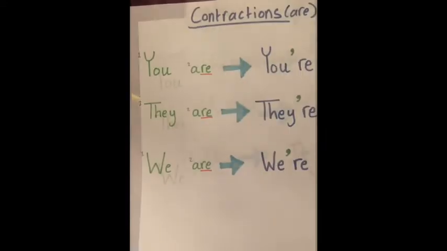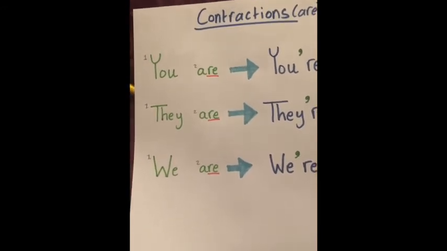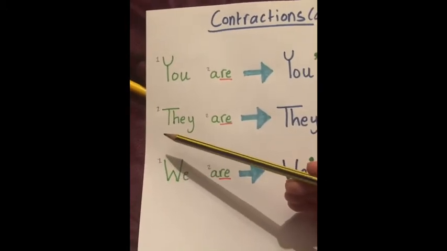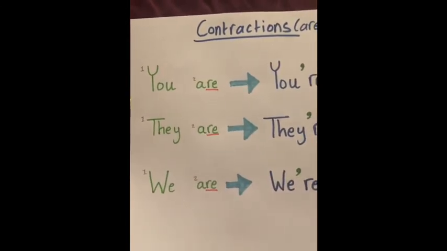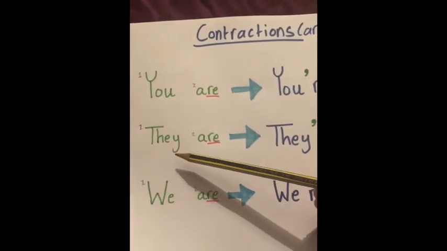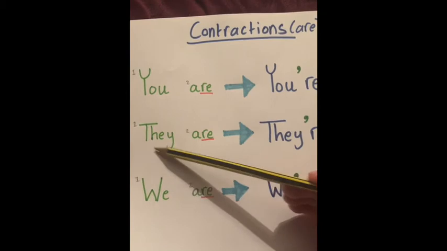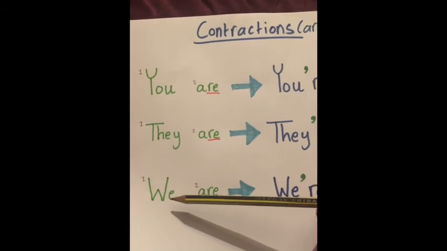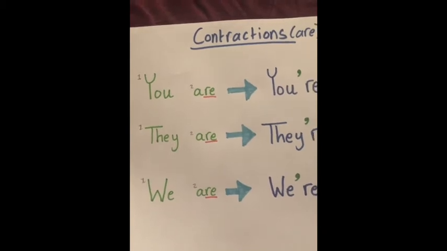Okay? Now we use are as a linking verb when we are talking about more than one person. Okay? For example, the boys are. The boys are. Or if somebody is talking about these boys, what does he or she say? They. Okay? So we use they. They are. Okay? They, because they means more than one person, right? We use with it are. And we. Do you remember why we use we? If you are, for example, in a group of people,